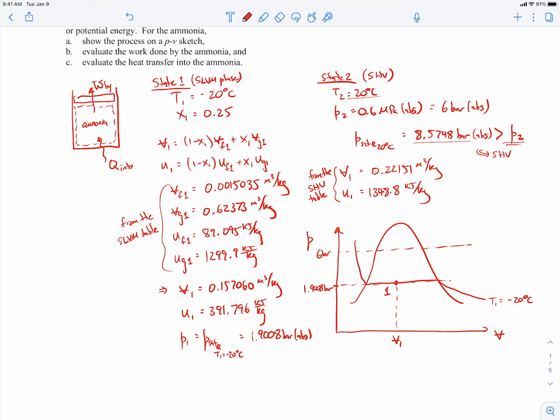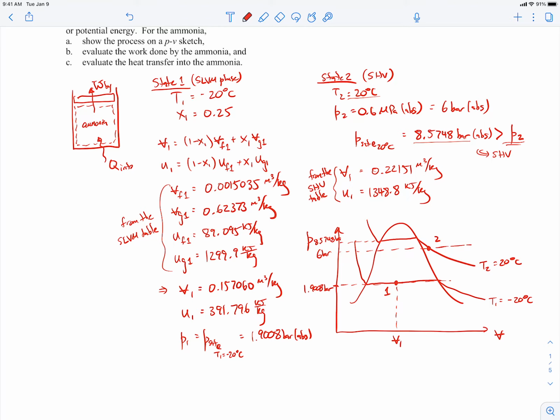Or actually, I won't do that. Let me draw the isotherm corresponding to the 20 degrees C for that one. That looks like this. So there's our state 2. This is the temperature T2 of 20 degrees C. This pressure here is that pressure of 8.5748. That's the saturation pressure for that 20 degrees C,